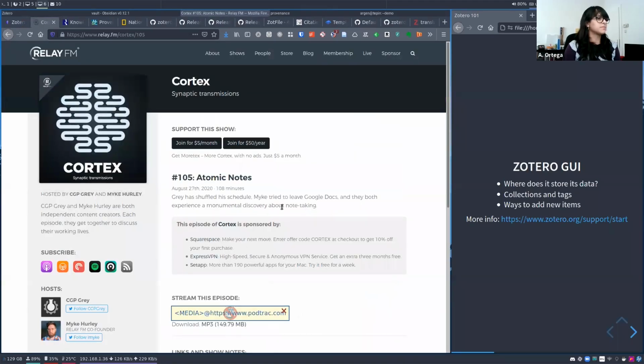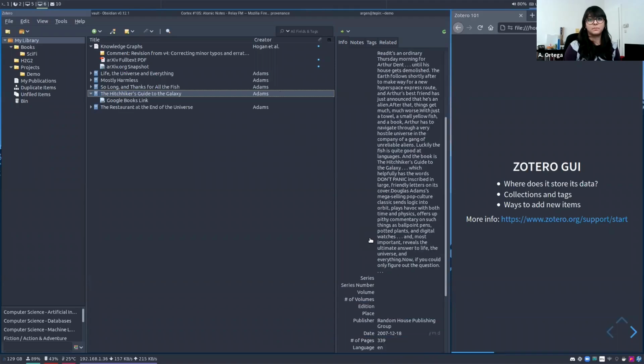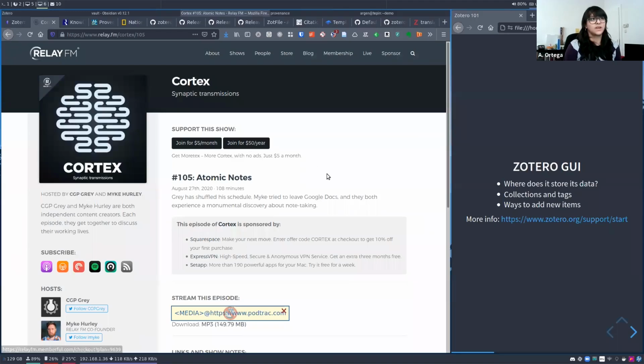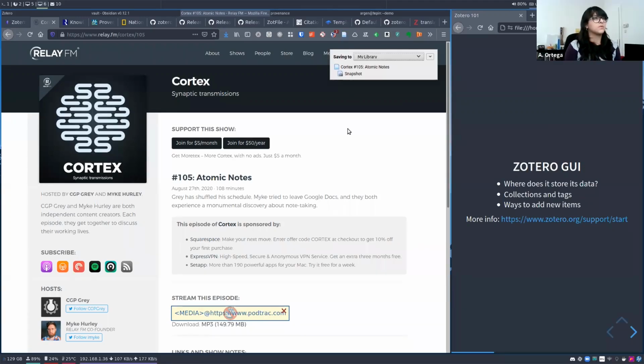Yeah, we can close this one. So now here come the bots, right? Not everything, and the key thing to remember here is that Zotero is a reference manager, so it's interested in getting the right metadata so that it can cite things appropriately. But not everything is designed in such a way that it's easy to extract the metadata, and you have a list of sites that are easy to parse because Zotero has already provided some way to do it. So in this case, for example, when I try to add this episode of Cortex to my vault,